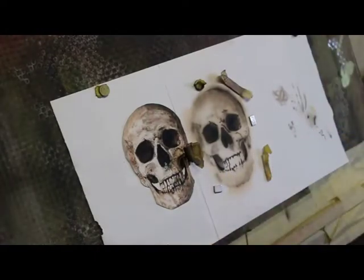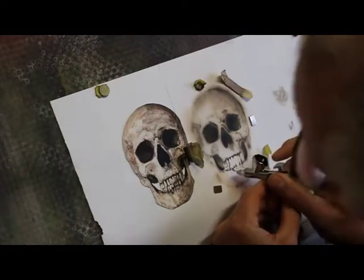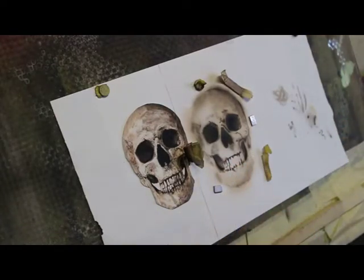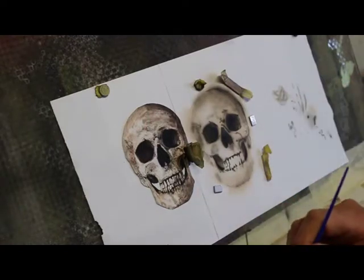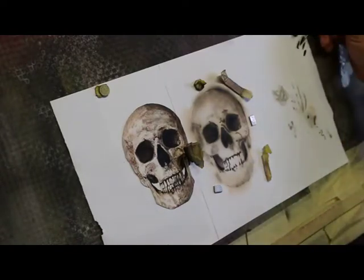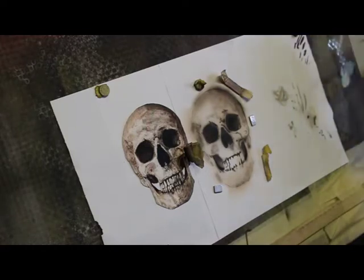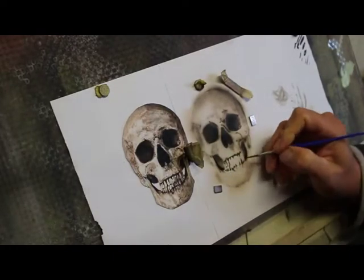I can either spray this on and get those teeth in a line like this, or what I can do, and I'm just going to show you this quickly. Take a brush, dip it into the cup, this is where the spare piece of paper works, just palette the brush, if you know what I mean by that, till we get the kind of amount of paint that you're looking for. And then from there, just go down and say, okay, I can see where these gaps are,